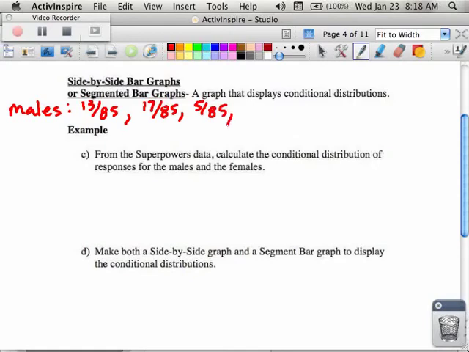Doesn't look like they like telepathy. Flying was 18 out of 85. And freeze time was 32 out of 85. That kind of surprises me, I guess. It's kind of weird. For the females,